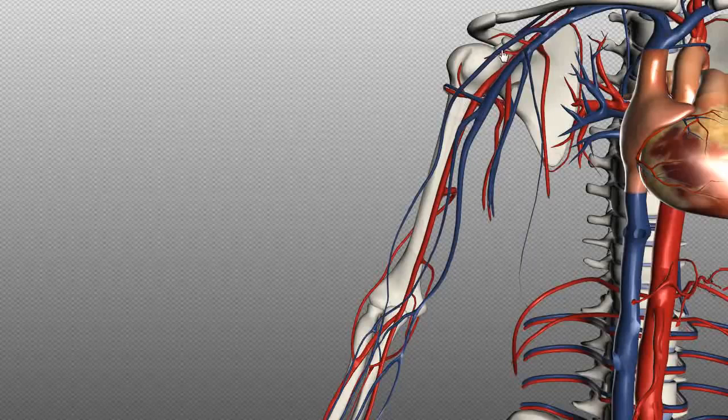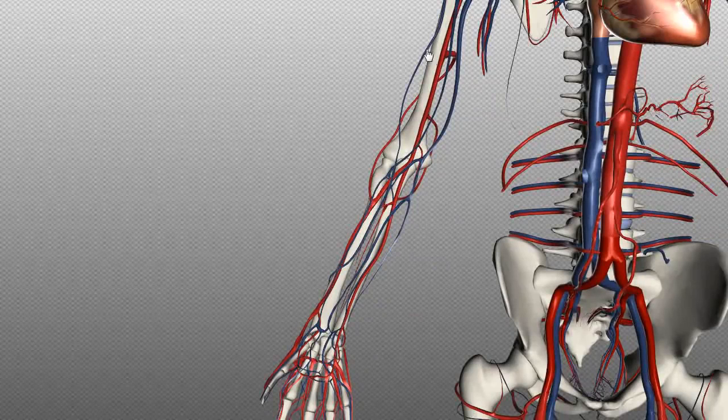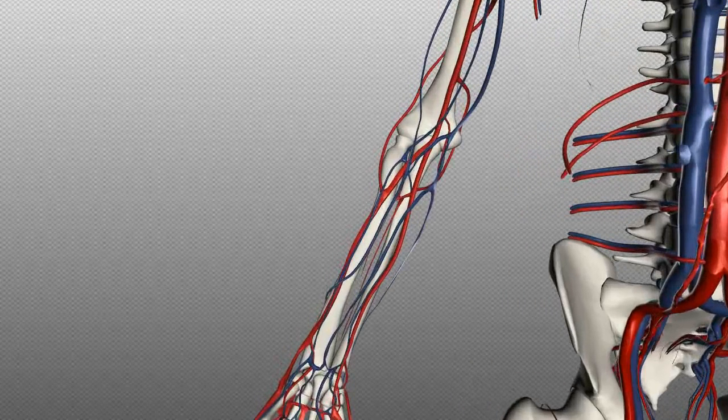Joining the axillary vein, you've got three branches. You've got the cephalic vein, which is a superficial vein, and you've got the basilic vein, which is a superficial vein, and then you've got this deep vein, which is the brachial vein. So the cephalic and the basilic veins run all the way down the arm. So you can see it running all the way down here, and they're superficial along their entire course. So the basilic vein on the medial side running all the way down, and it's superficial. The brachial vein, which runs deep, splits here, so it's formed from the radial and the ulnar veins, which are deep,